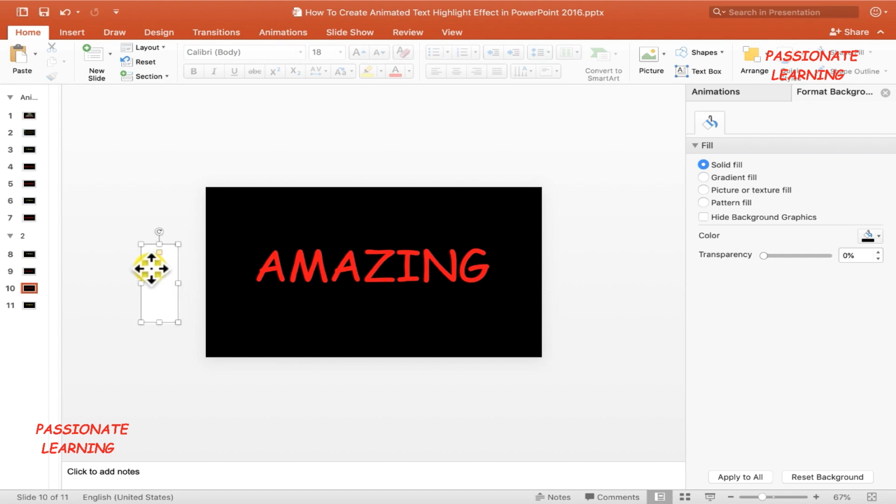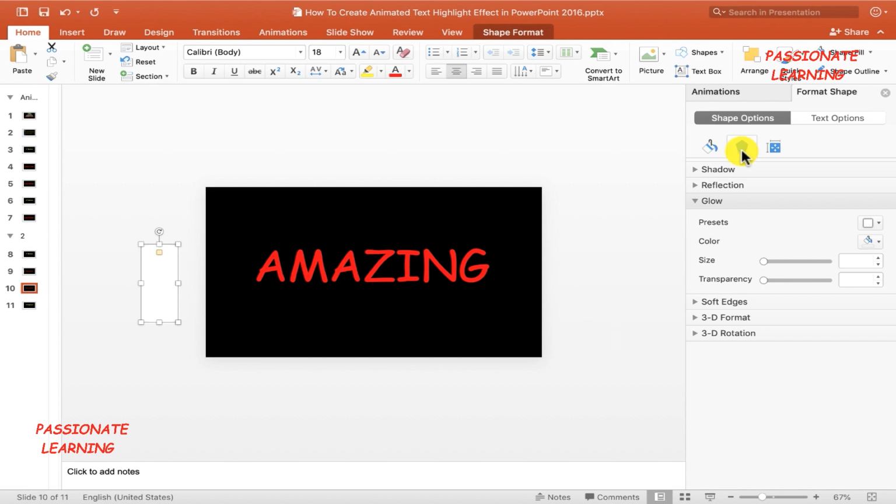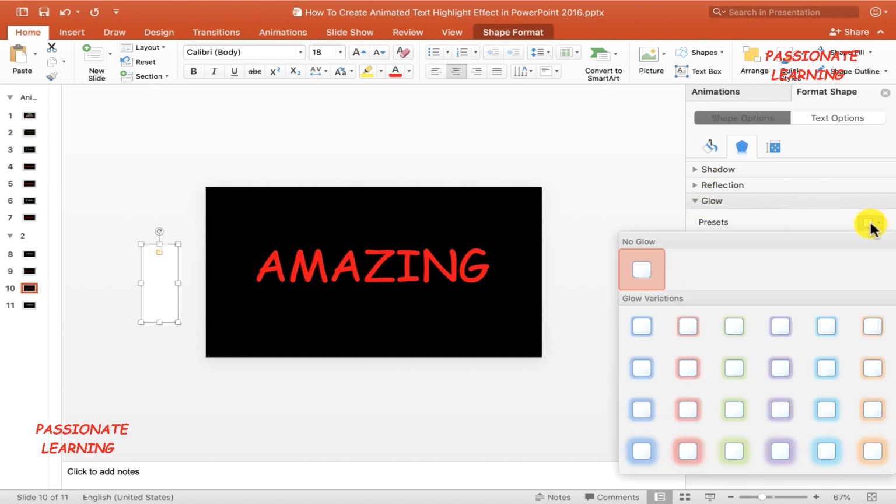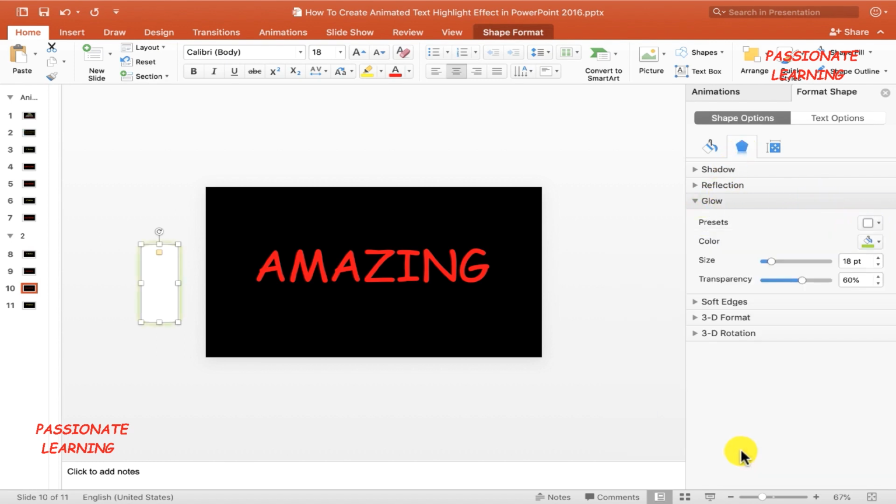So let me again select this, come over here to the glow option and select this particular glow option. And then let me change the color of this glow also to white color. After that, let me change the size to 150 points. And for the purpose of this example, let me reduce the transparency to 30%, like this.